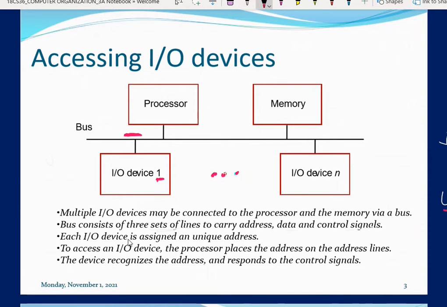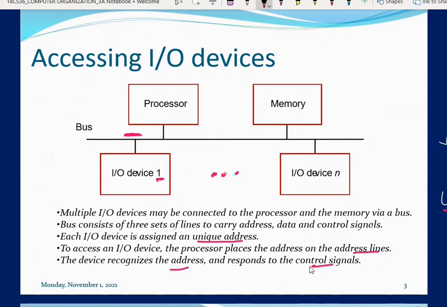So each IO device is assigned a unique address, and that address is carried through the address bus. To access an IO device, the processor places the address on the address line. The device recognizes the address and responds to the control signal.